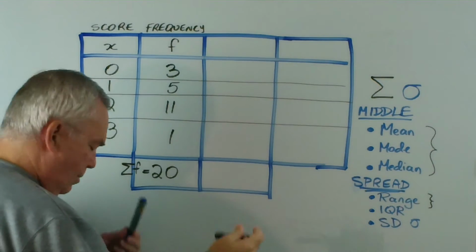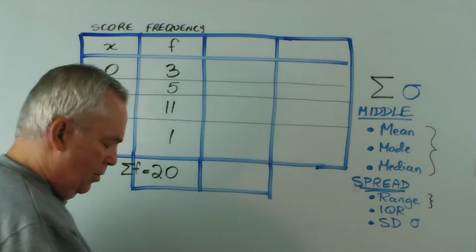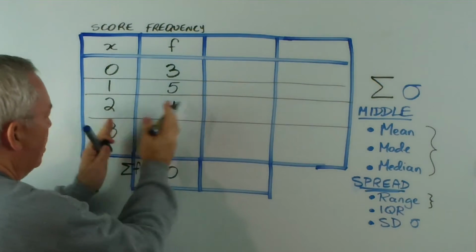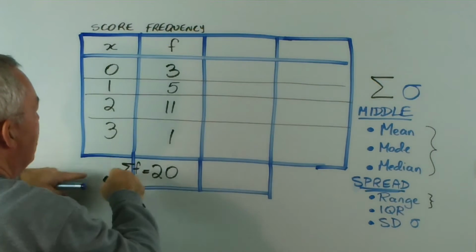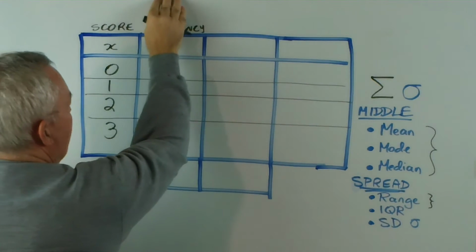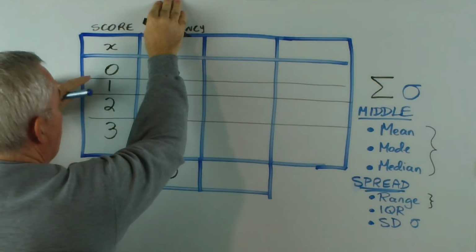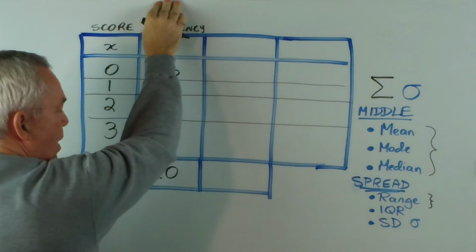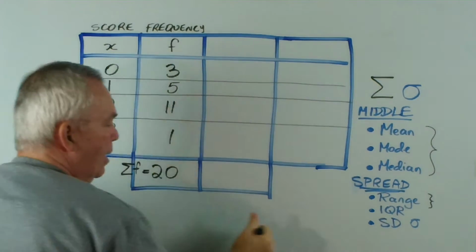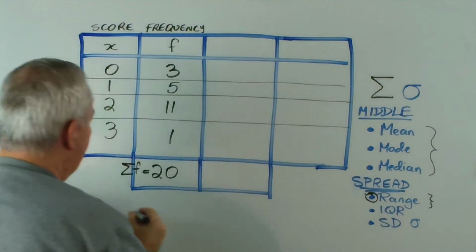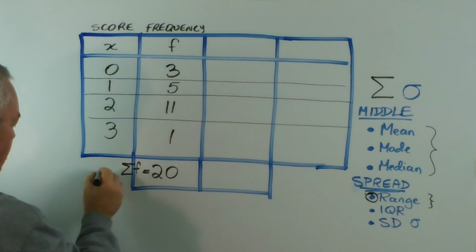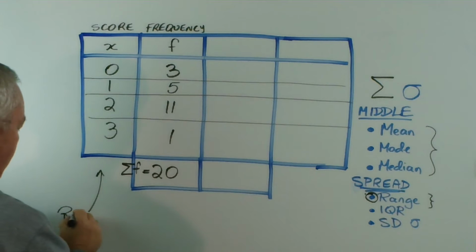I was sort of tossing up which order to do it, but first I will show you what these 2 columns tell us. Because this column deals entirely with the scores, and let's say we don't even know the frequencies at this stage, we just know we've gone from 0 to 3 pets, it tells us the range, this one. So I'll put a little arrow here. This says the range,